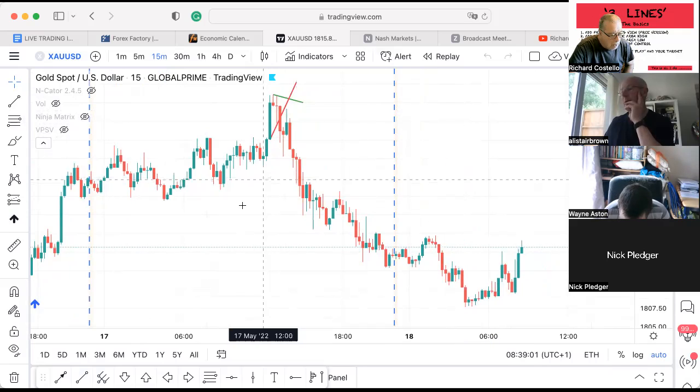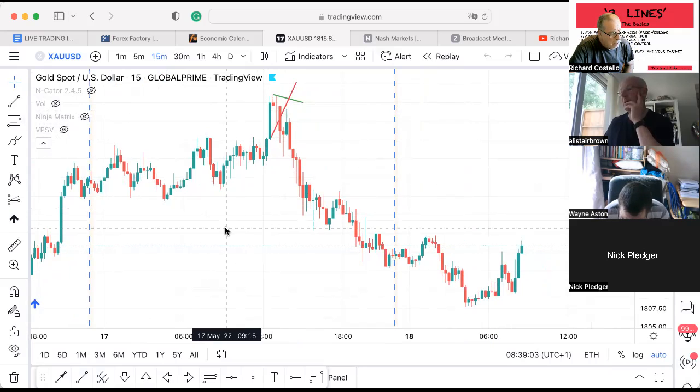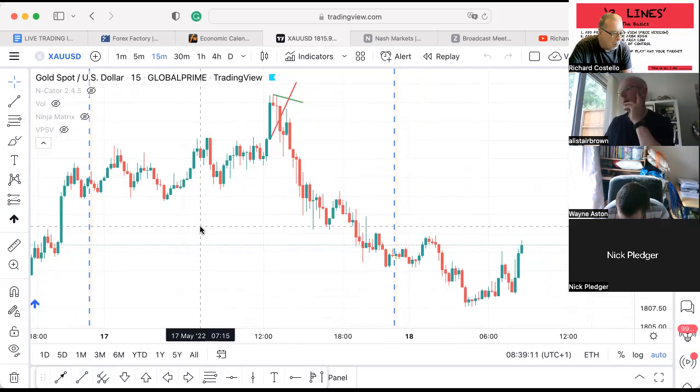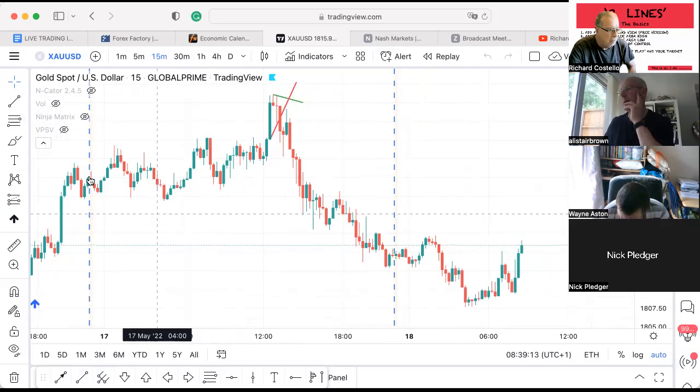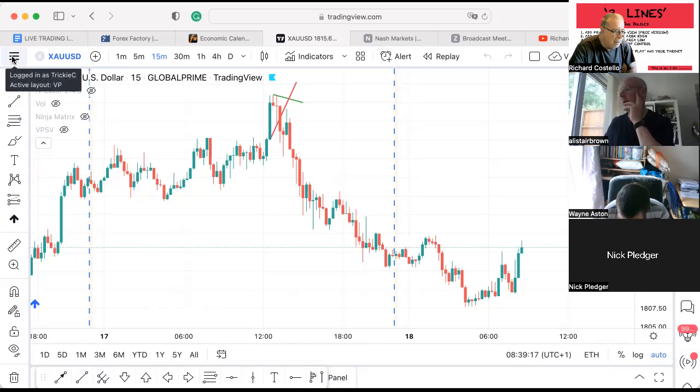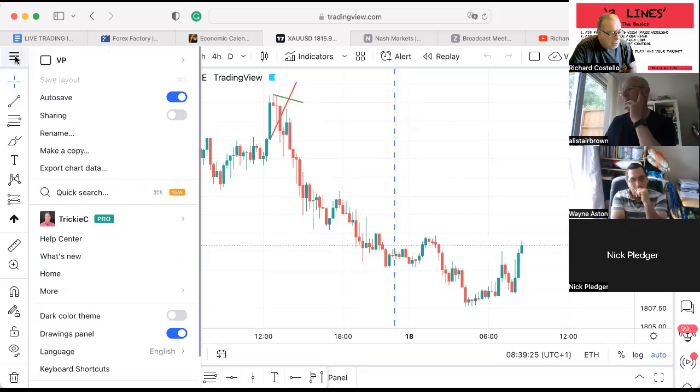Very quickly, volume profile is available on the free version of TradingView. It's also available if you've got one of the paid versions of TradingView. I'm just going to show you: if you click on this hamburger icon in the top left-hand corner, and you go to